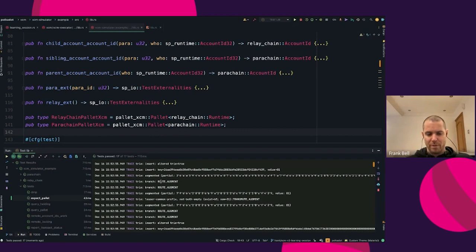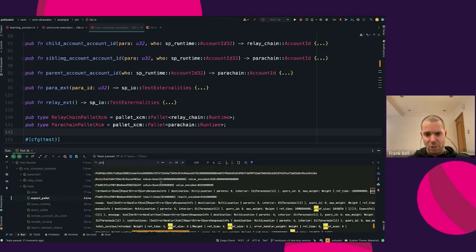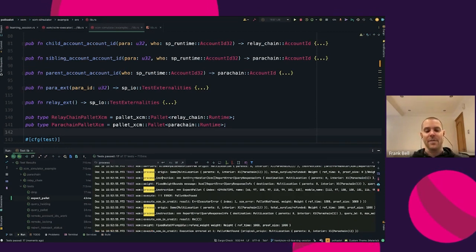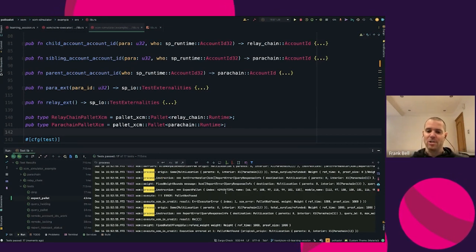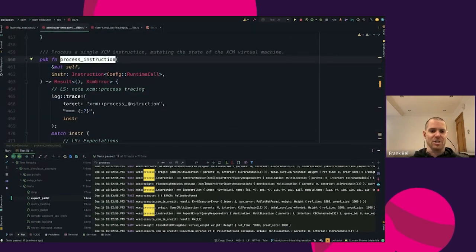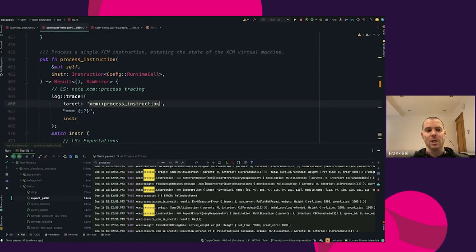And then if we search within that for process, you'll see these process instructions. So it's a nice and easy way to visualize by running it and then seeing what the actual impact of it is, as well as the different aspects of the components being passed around, because the different instructions are serialized out there for you so you can review it. And then you also see in the executor that XCM process instruction is where it all ties in. So that's really just to frame it all, just so it makes things a little bit easier to